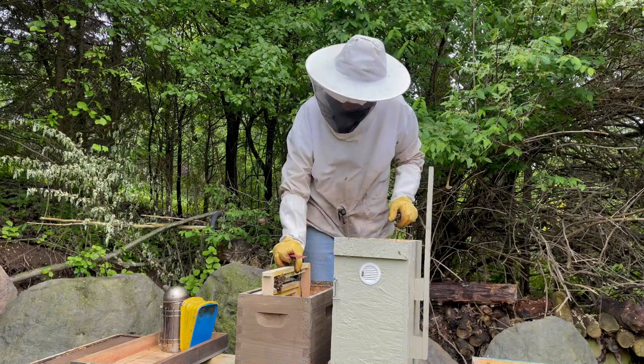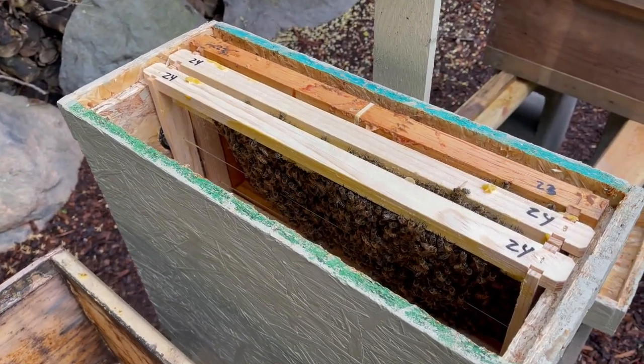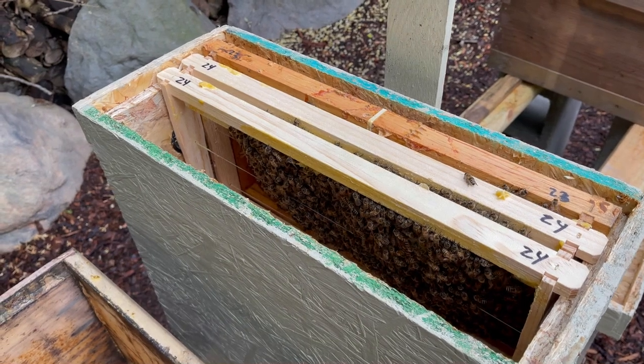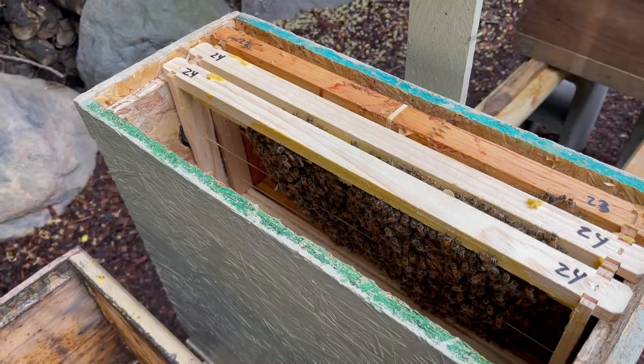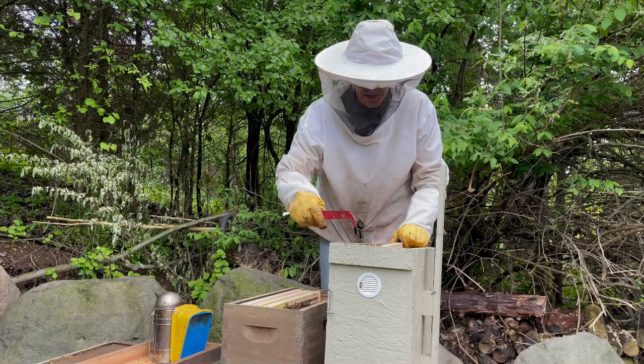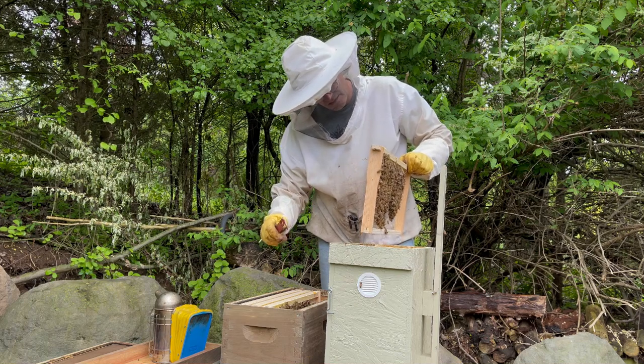Wow. This makes me wonder where the primary swarm is at and why it wasn't in my trap. But look how calm they are. Really good girls. And this is how I install swarms. I'll take a quick look